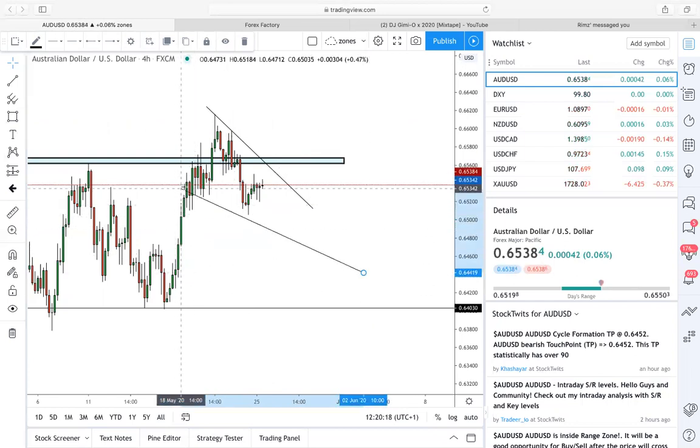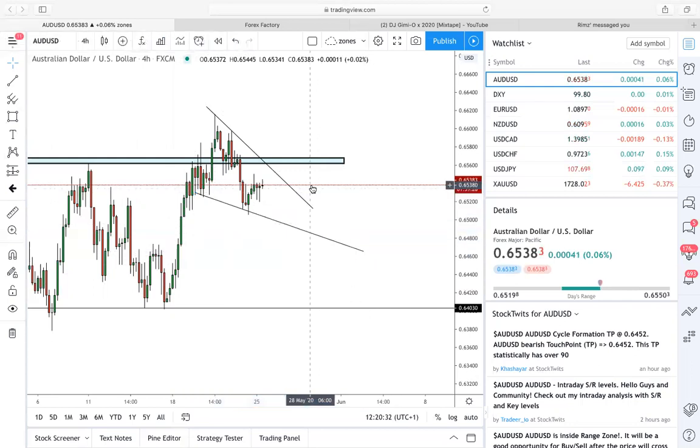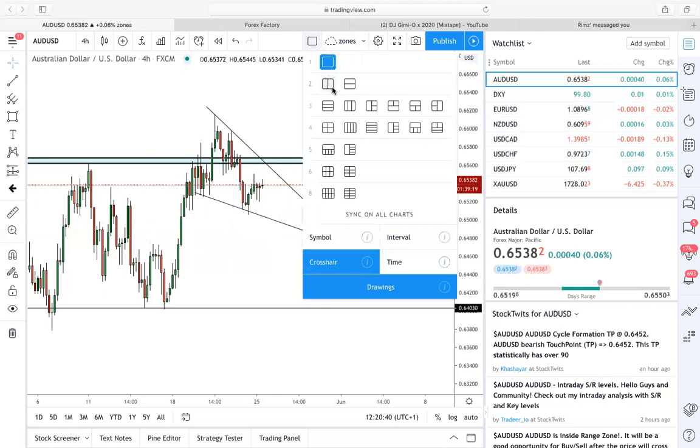I see that it started from this point here, where we had this big rejection wick. That's where I see this pattern starting to form, so that's where I'm going to start it from. Let's just make it as accurate as possible. Okay, so we've got it like that. As you can see, we've got this falling wedge. Now, as normal, we're going to wait for the breakout on the 5-minute chart as well. So if I just get it up now,